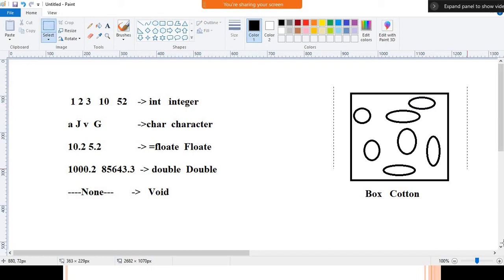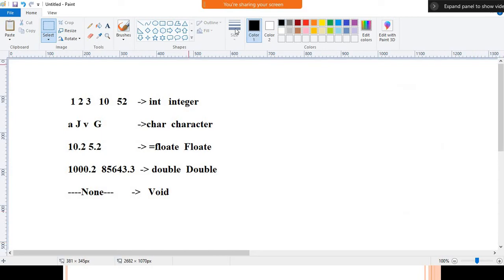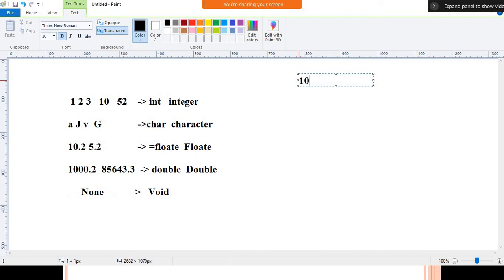So for example, to perform an addition of values, first of all we are required to store these values.